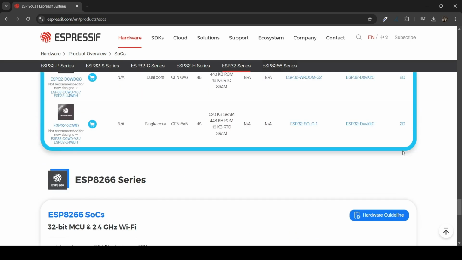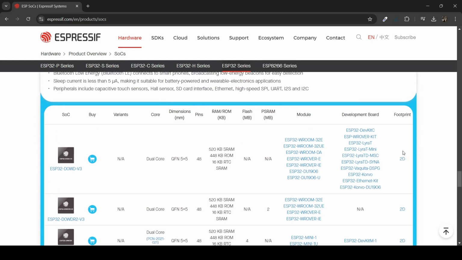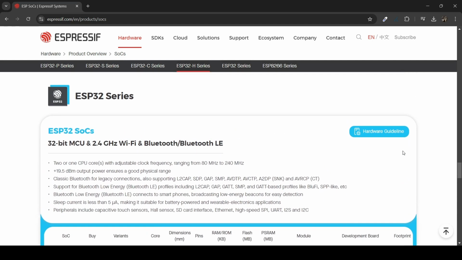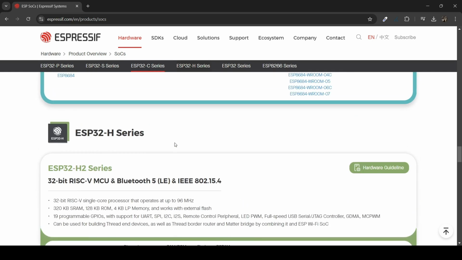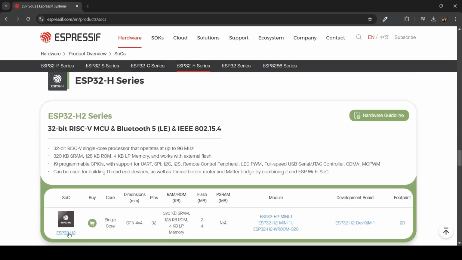Going up we find the ESP32 SoCs, which are more numerous. The main innovation is the introduction of Bluetooth on the board. The ESP32H2 has a single SoC, and introduces support for IEEE 802.15.4.